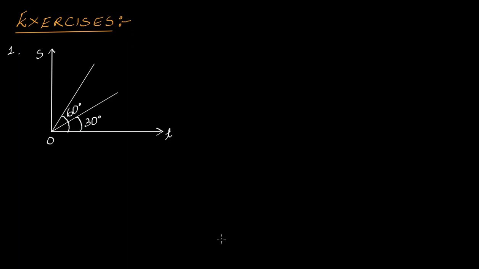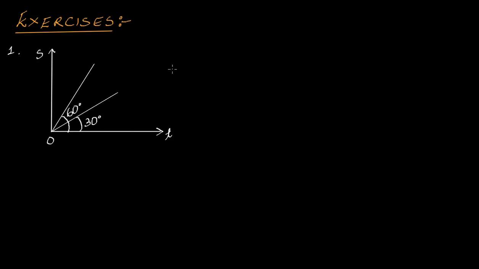All right, let us do some numerical exercises. So here you have a graph, and this is a very simple graph. This is the ST graph. S here represents the position. Sometimes instead of S, we write X. Okay, so basically this is the position time graph. All right, so we know that the slope of the position time graph represents the speed or the velocity of